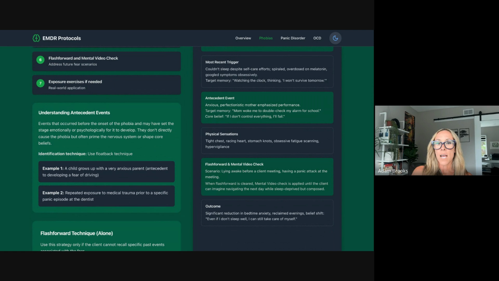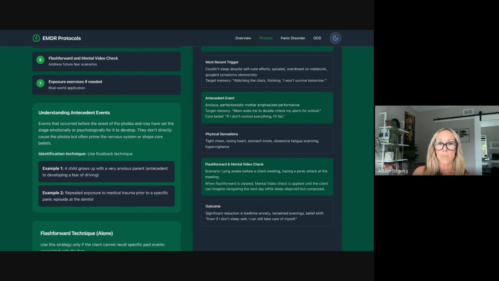Then we moved on to flashforward and mental video check. The catastrophic scenario for her was lying awake before a client meeting, having a panic attack at the meeting. And you'll want to treat that like a regular target with that catastrophic event as the image. Once that flashforward is cleared, then you apply the mental video check,